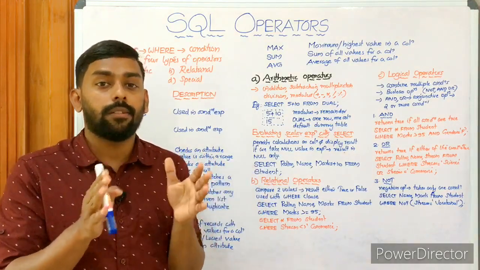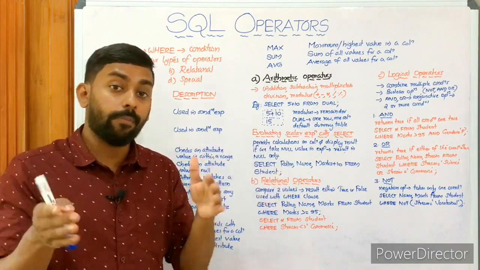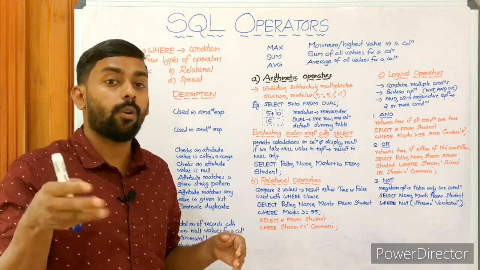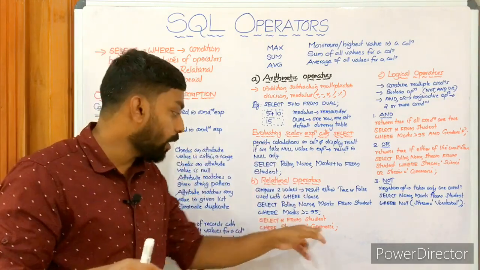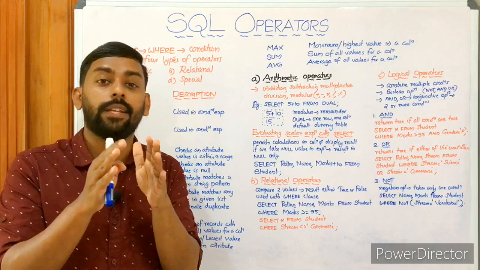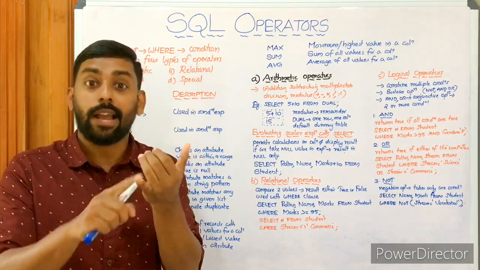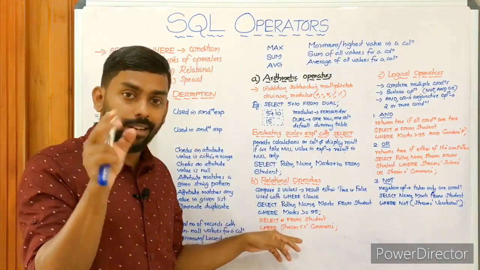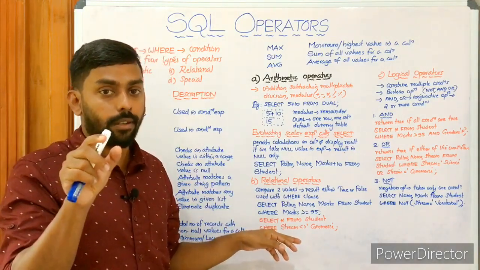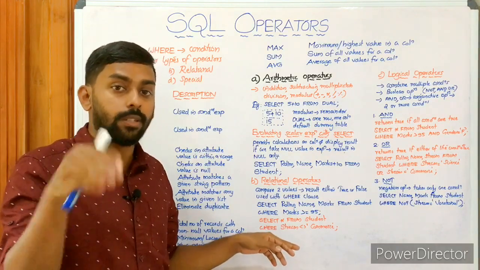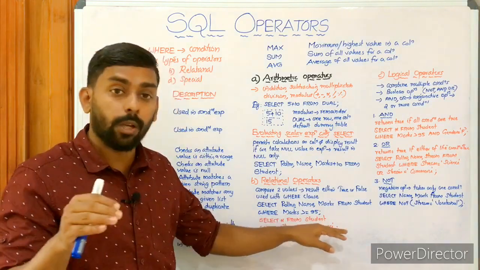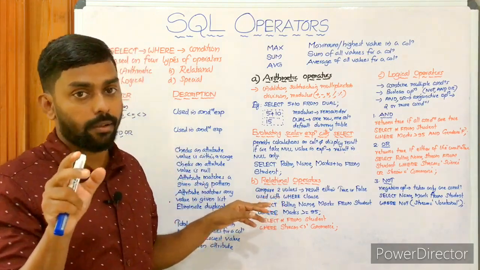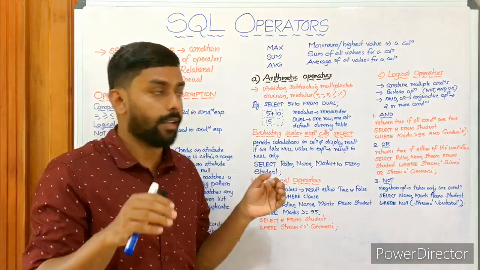It displays the details, meaning all the columns from the table student, of those students who have not opted for commerce, who are not in commerce. Those students studying in science and humanities will be displayed, right? Commerce students will not be included in this select, or in the resultant table. Hope you get it?